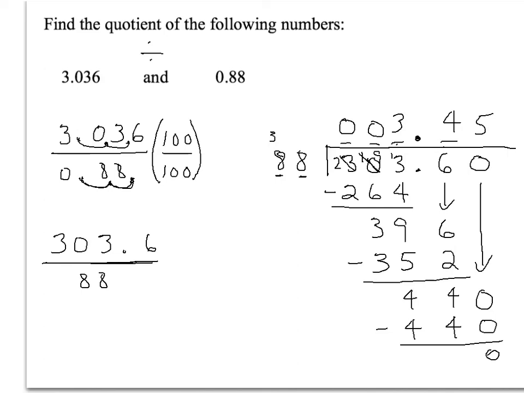But notice, I had to add that extra 0 at the end just to give me something else to work with. So don't forget about that. You can add as many zeros to the right of that number as you want to. Okay, so our decimal is in the right spot, and our answer is